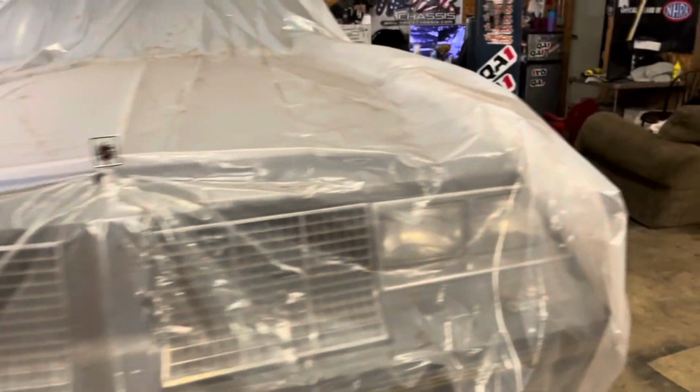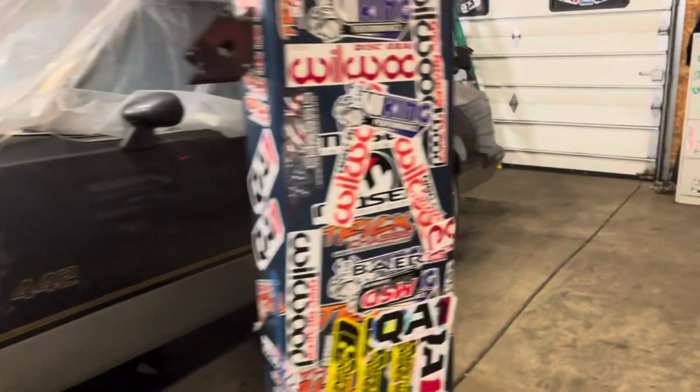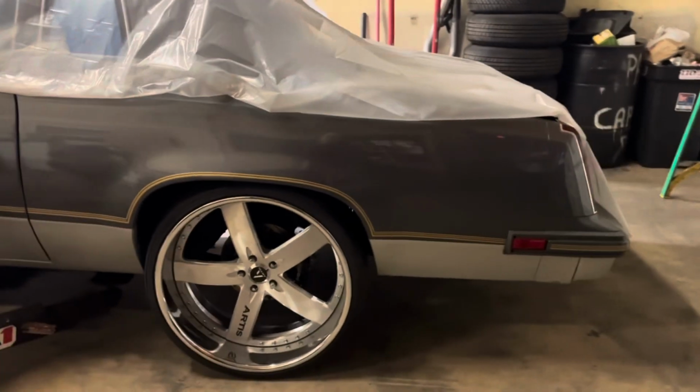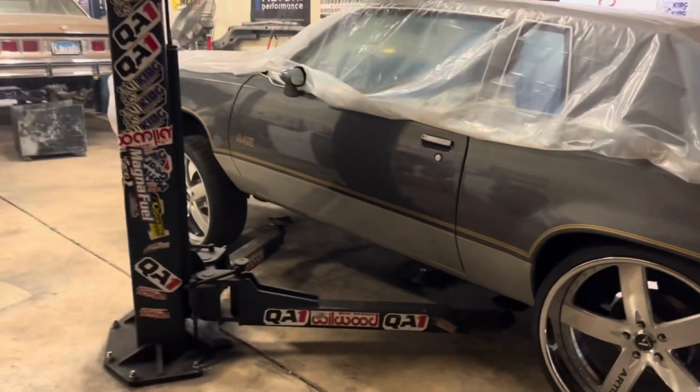And the front could be throwing some things off right now, but I know the body itself, the inner tubs, when you fix those body mounts in the back, you always fix them both the same. So I don't know, maybe somebody missed it. I'll show another video of that tomorrow or something like that. But all right, y'all,